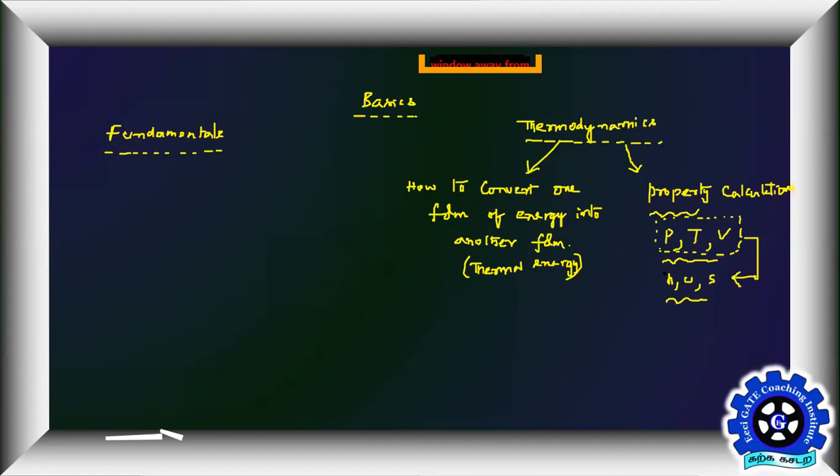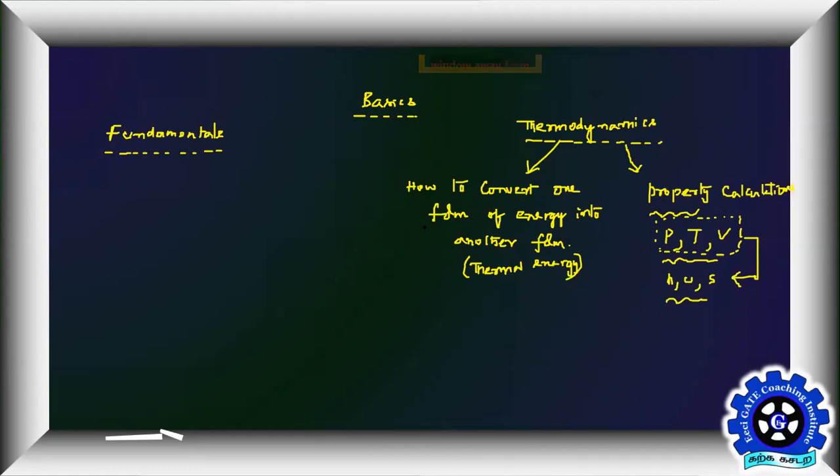Are you guys clear what I'm telling you? So that's why we mainly focus on the first three important properties, which is pressure, temperature, and volume. Among these three also, if you take some kind of assumptions, only two are enough. That also we'll see later. Are you guys clear what I'm telling you?